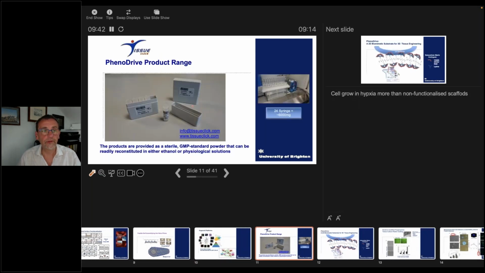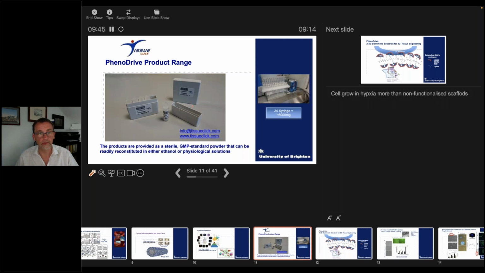And that's where PhenoDrive, the product currently produced by TissueClick and delivered by PELOBiotech, comes in. PhenoDrive is not just one product, but rather a range of products that can be sold as a freeze-dried powder. This freeze-dried powder can be easily dissolved in any aqueous or alcohol ethanol medium, in particular